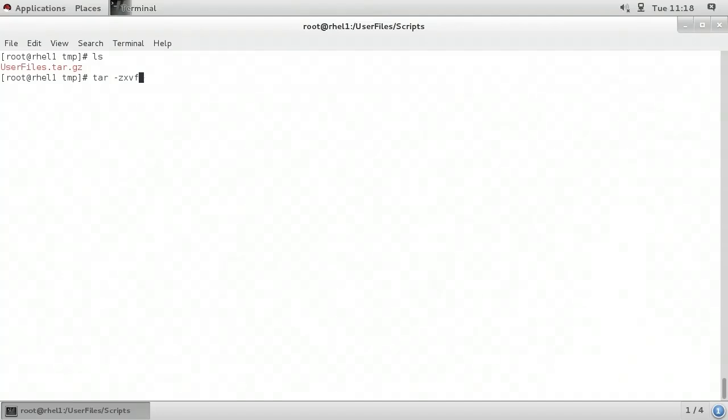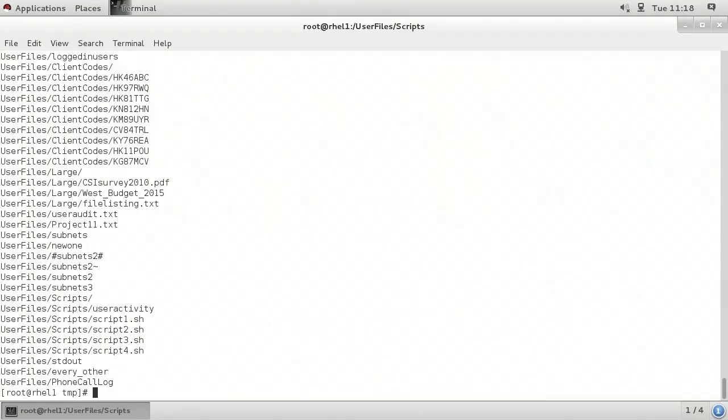Now, the order of these letters on the command line with tar doesn't matter other than the -F. What must immediately follow the F is a space and then the path and name of the archive file. But other than that one, you can move the other command line parameters for tar around and it won't make a difference. So here I'm going to tell it the name of my file is userfiles.tar.gz. When I press enter, because of the -V for verbose, I can see it's telling me everything that was